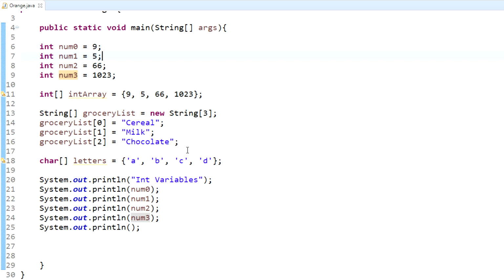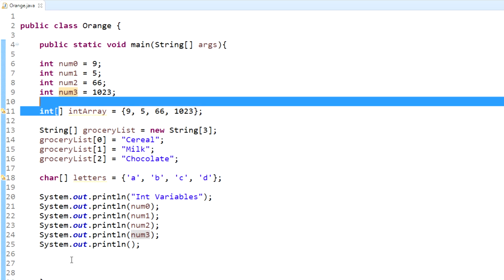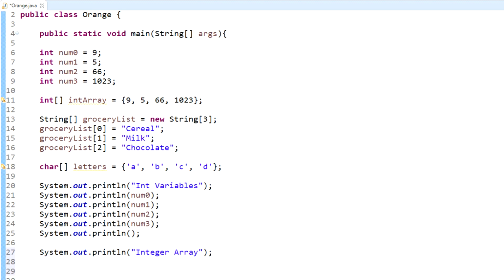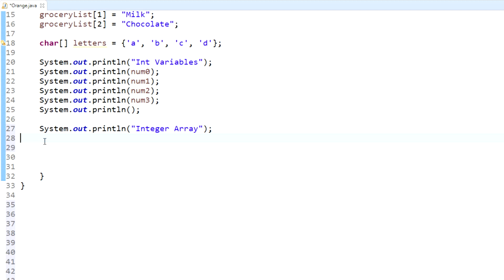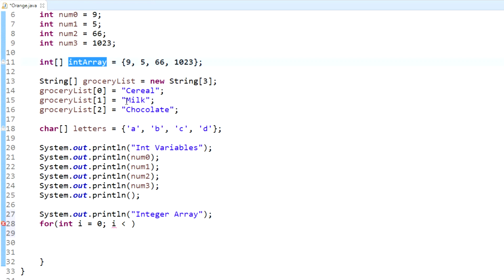Now, what we can do to make that much simpler is we can print our array. How we're going to do that is with a for loop. So, remember what we want to do. For the for loop, you're going to do it the same way. I like to use i, so int i equals 0, because remember we want to start at the 0 index, the first one. And then this is what you can use for arrays. As long as i is less than int array